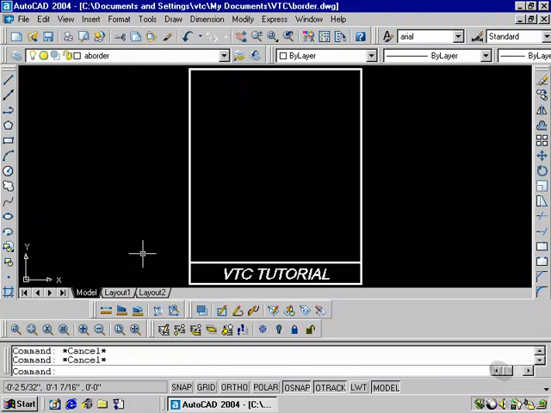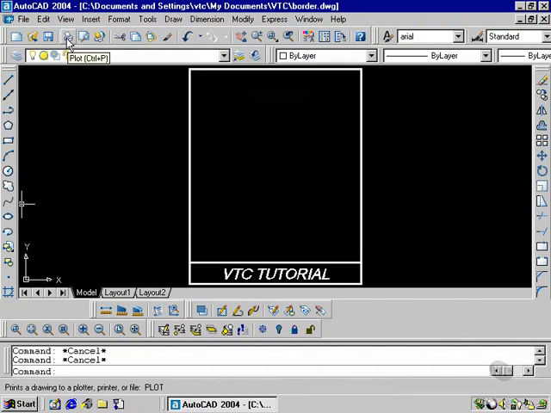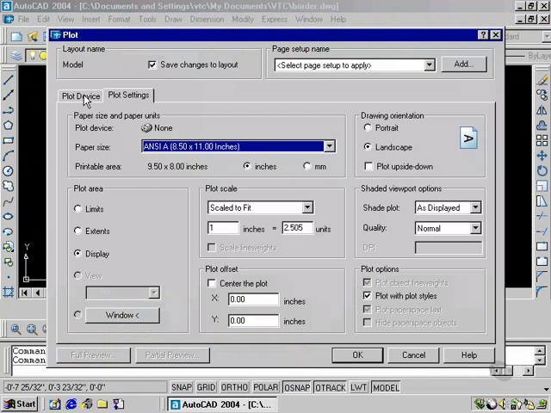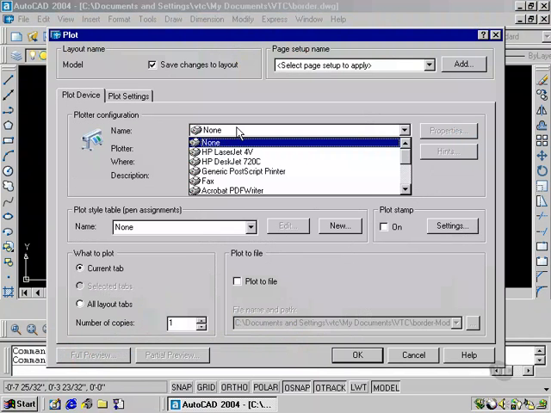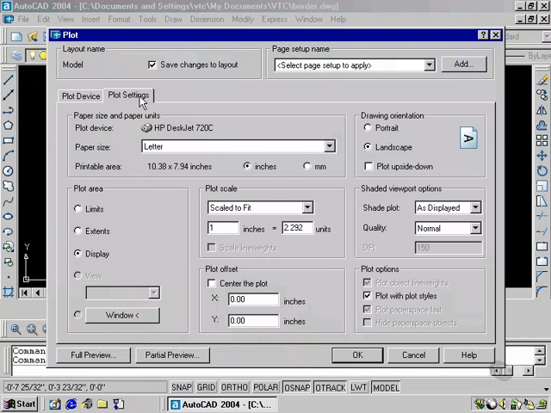I'm about ready to close this file out, but I want to make sure that it will fit on the 8.5 by 11 sheet of paper. A quick way of checking is to go back to the plot command. I'm going to plot device and I'm going to select my printer. And then I go back to plot settings and I can see that the printable area is 10.38 inches by